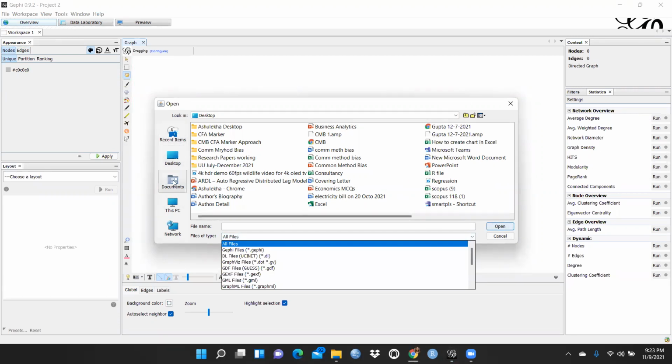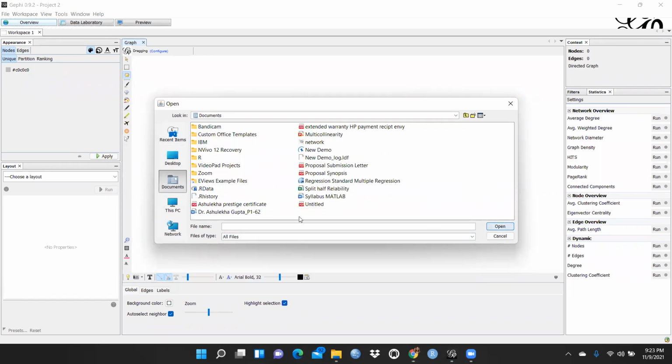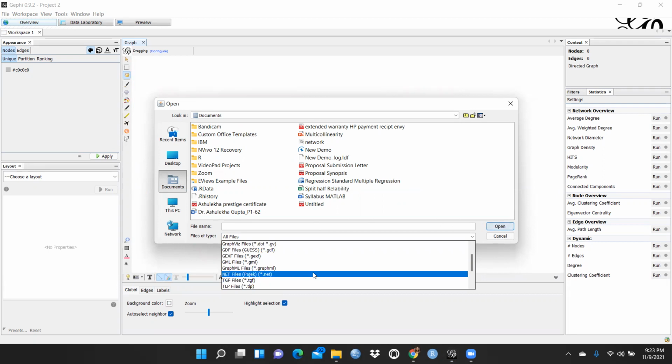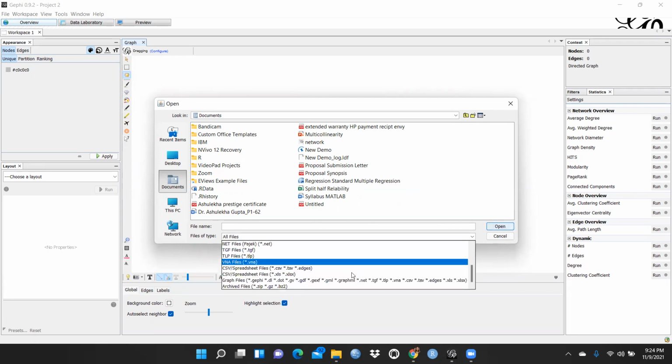Let me take documents, and you can see these are the files it can open: .gephi, .dl, .gv, .gdf, .net, right? Basic files it can read, as well as .csv also, and .zip also it can open.